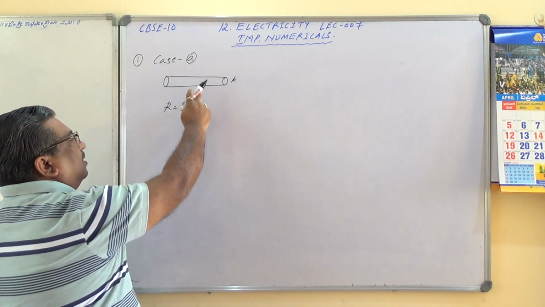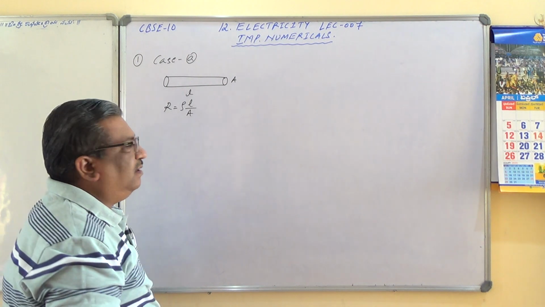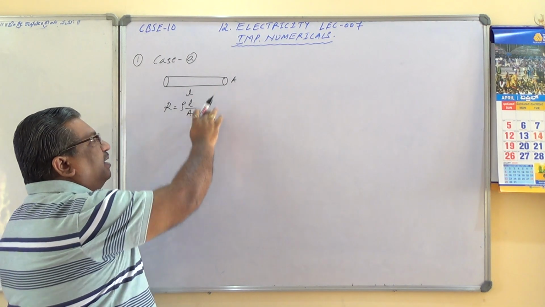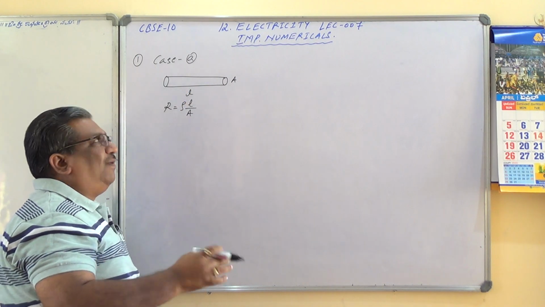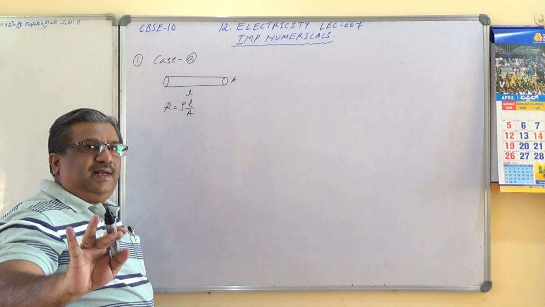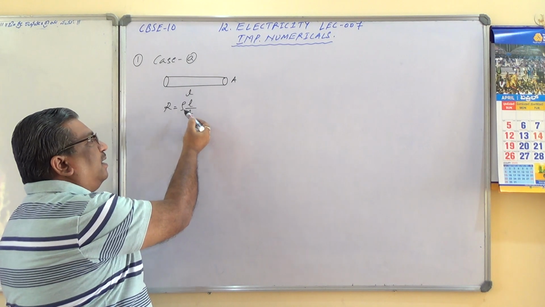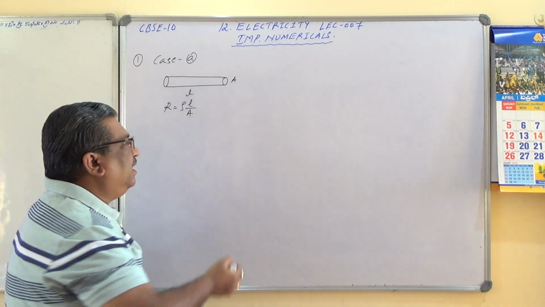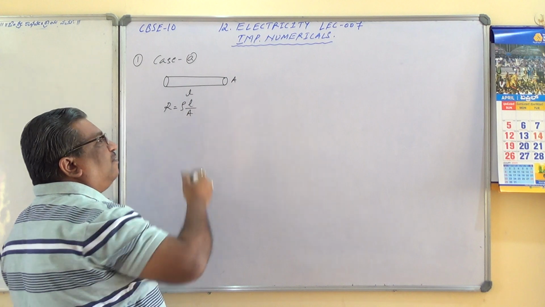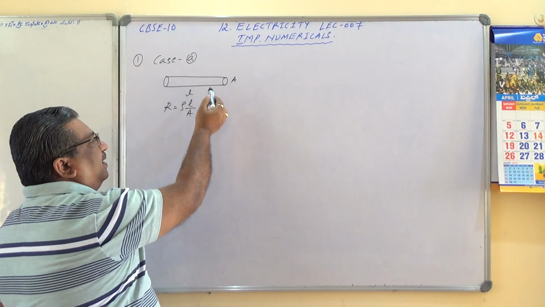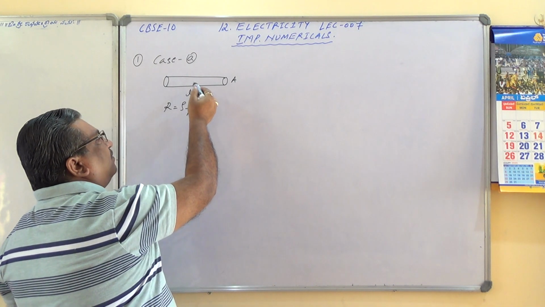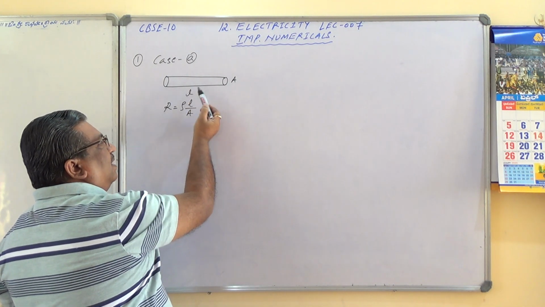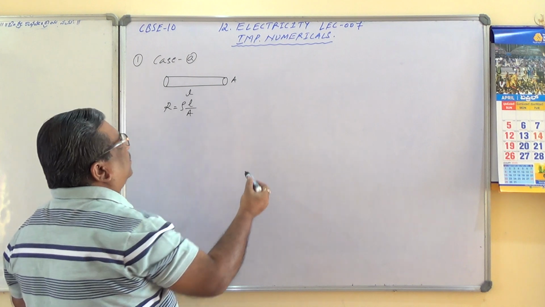What I mean by this is basically, I am taking the metal wire which is made up of this material, twice the length of this. Material is same, meaning rho here is same. I hope you are understanding. Rho depends upon the nature of material. Here the nature of material is same. I am considering one more conductor which is of the same wire as this wire, but its length is 2 times.